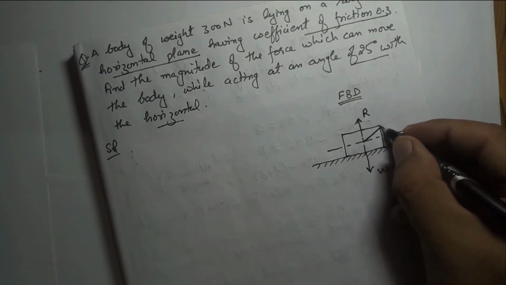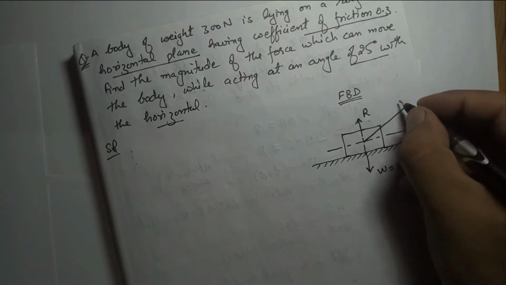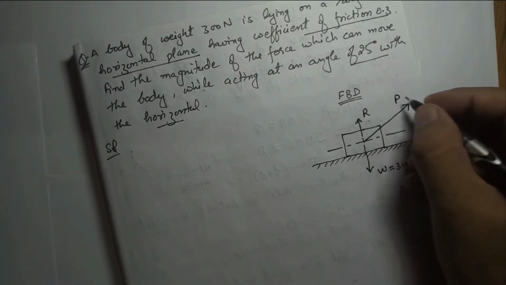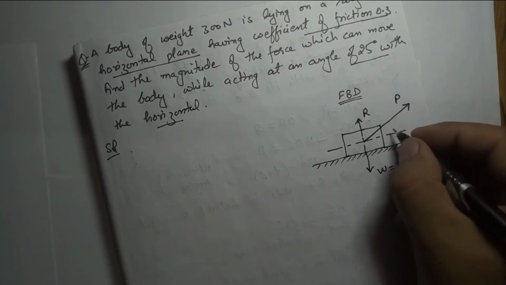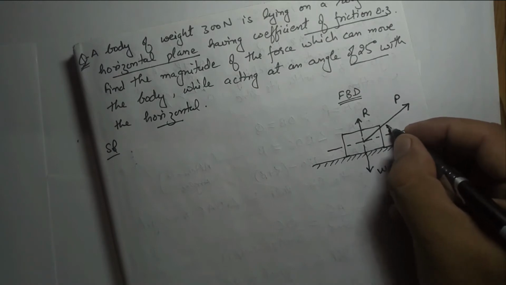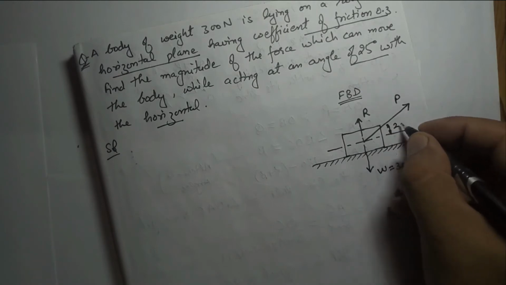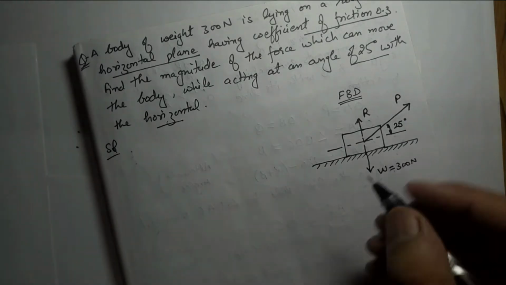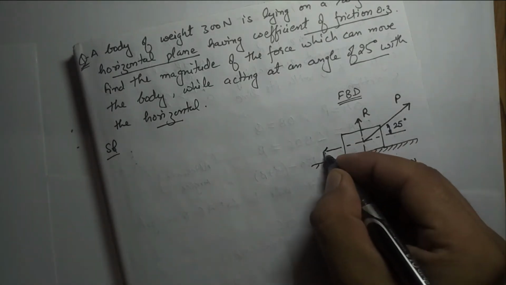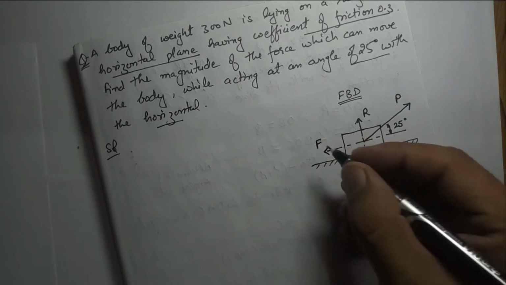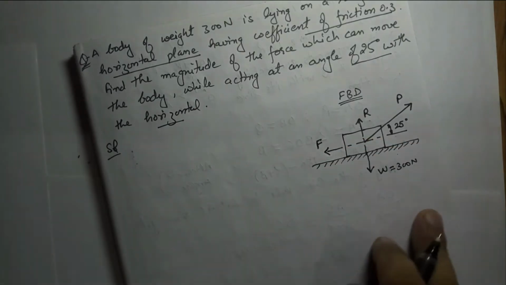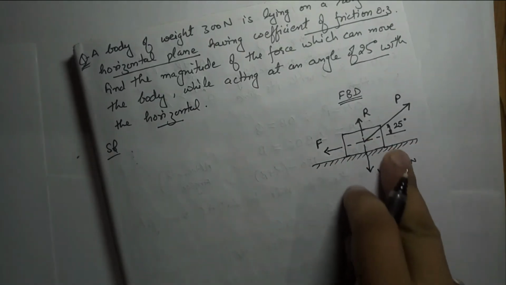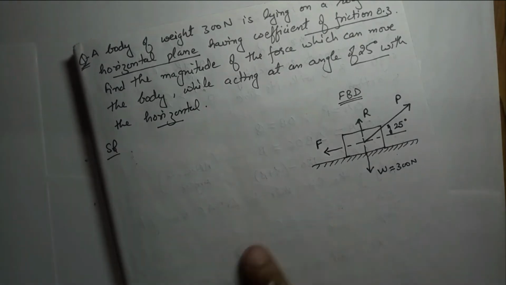An external force is applied here, let's say that is P, and we have to find out this P. It is given that we have to apply this at an angle of 25° with horizontal. Now due to this applied force there will be the generation of a friction force. We can simply write it as F. In this diagram I have written all these assumed symbols, so I have no need to explain this again. So draw the free body diagram and write all the symbols over there. Now we will solve this.